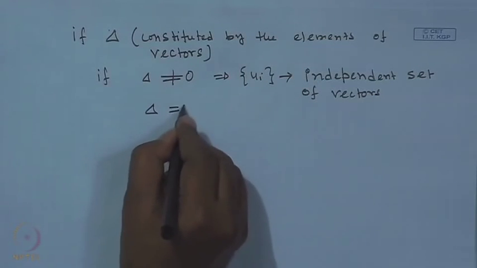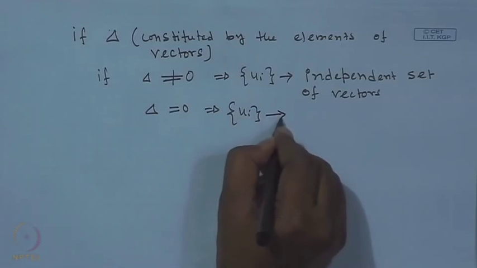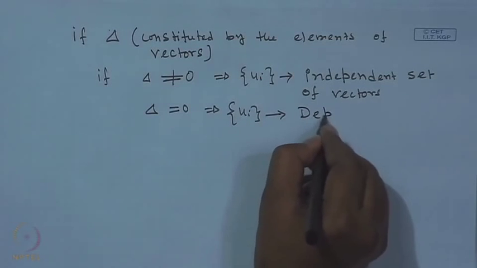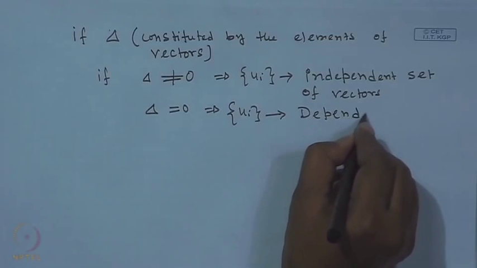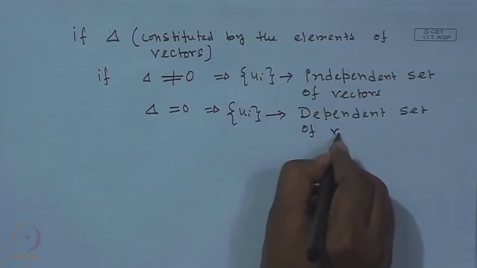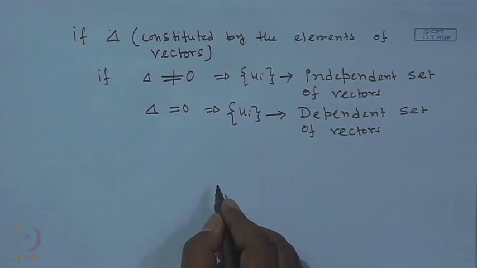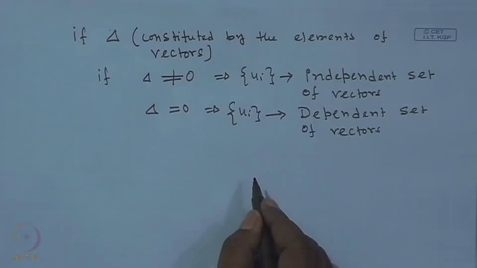If the determinant is equal to 0, then this set of vectors is a dependent set of vectors. So, given a problem, we can form the determinant from the corresponding coefficients of the elements of the vectors, and we can go about it. Next example